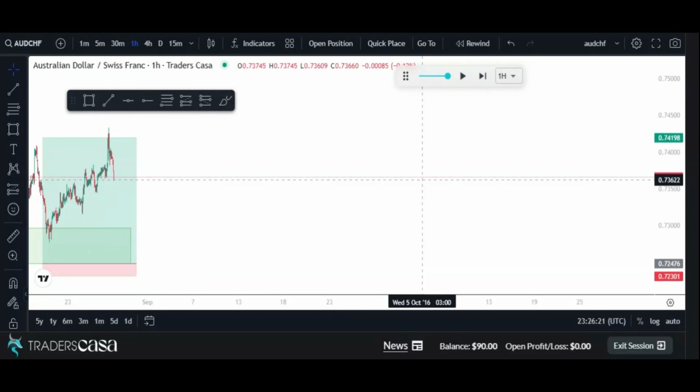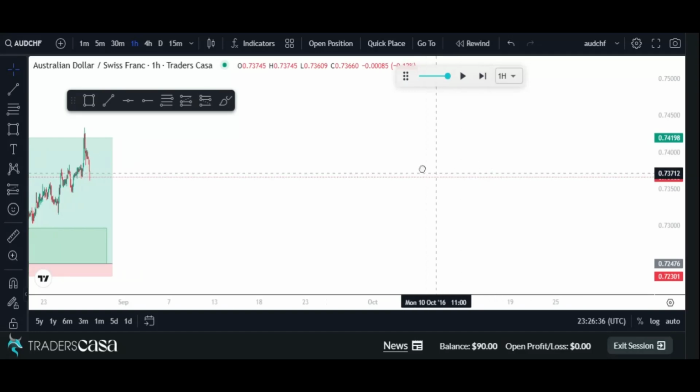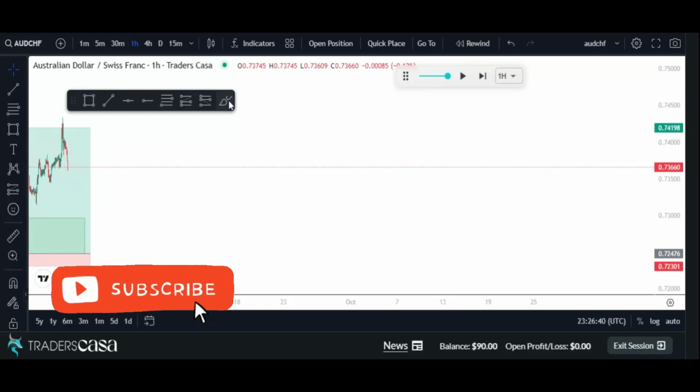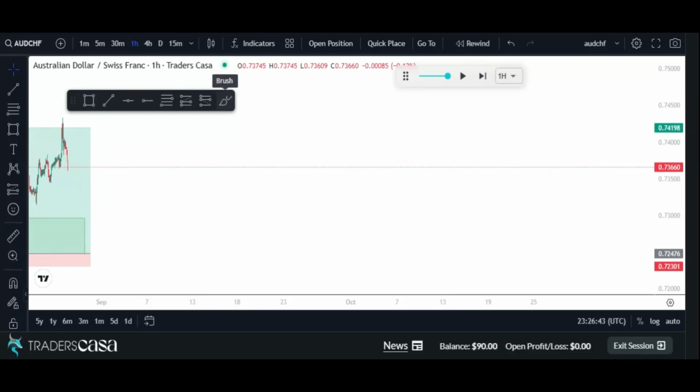Today we're going to be talking about how to trade a breaker block properly. Now, what is a breaker block and how do you identify a breaker block? When you come to the chart,